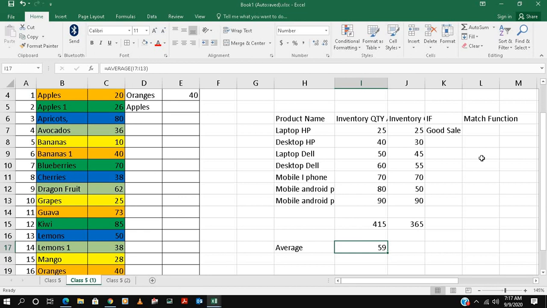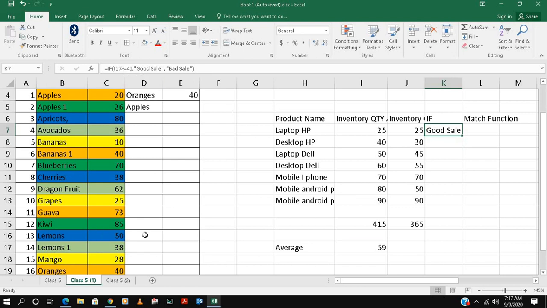So what we said in the if condition: if our sale of laptop or mobile, any item, is higher than this average, then good sale, otherwise bad sale. This is the condition we are using as an if condition. You got my point? If our sale is more than this average, then it's a good sale, otherwise it's a bad sale. But we put some formula and it is showing good sale. So let me tell you.